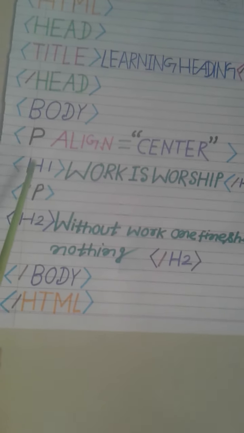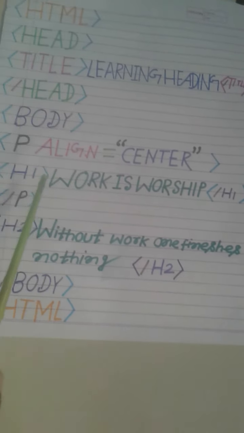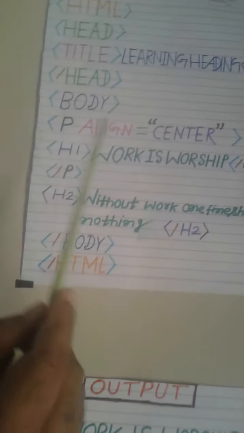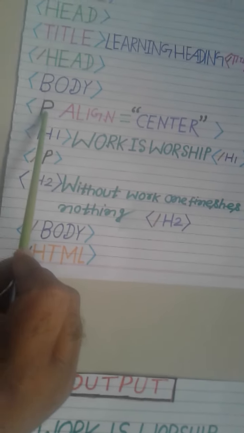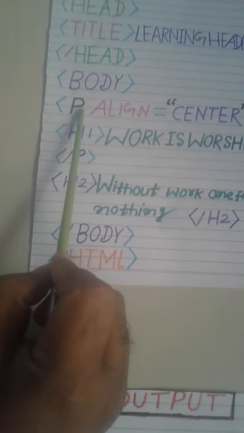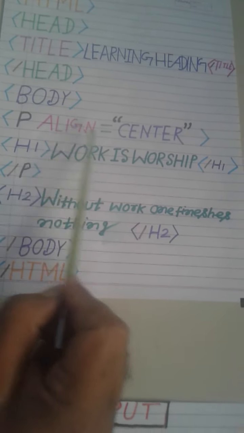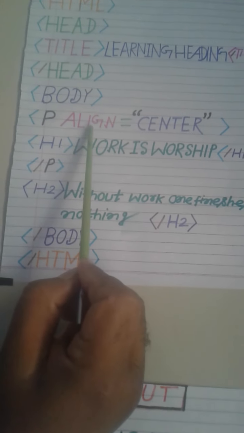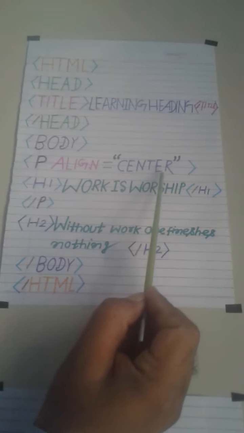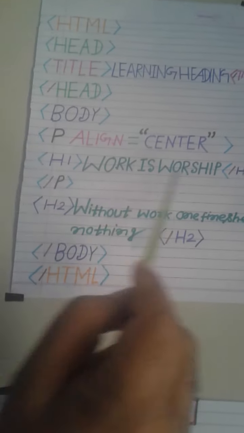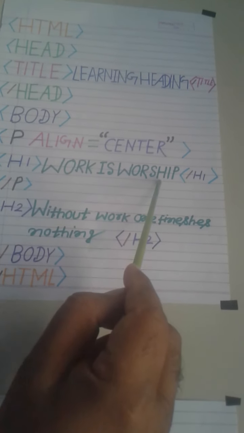And here before the heading, we use the P tag. P for paragraph. And P align equal to center. Here align is an attribute. Align equal to center. And here we write work is worship.